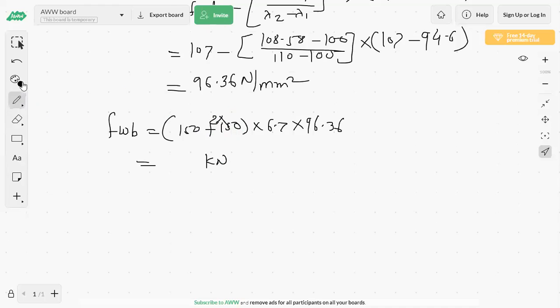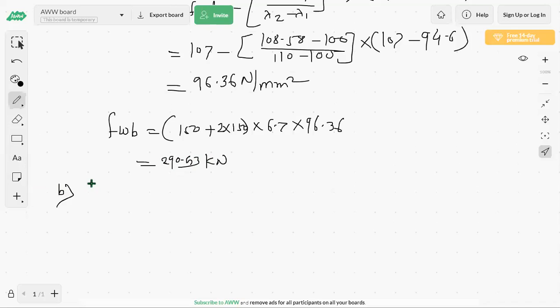2 into 150 is here. 2 into 150. Tell me the answer very fast. 290.53. 290.53 kilonewton is the buckling strength for the beam. Okay, so now the second check we have to take,